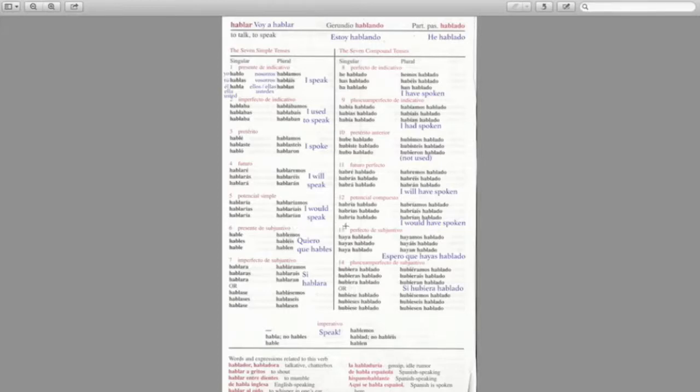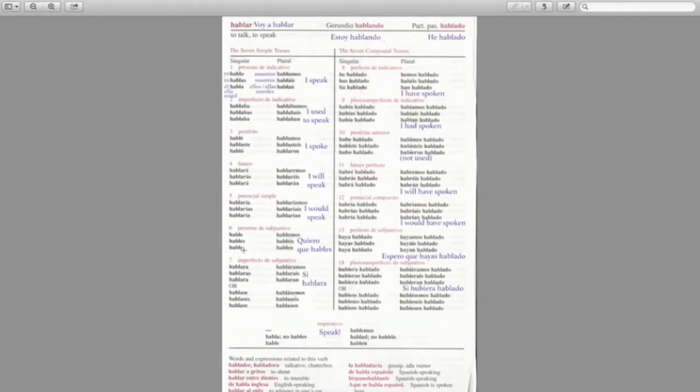It's the same thing in section 13, just on the perfective side. So over here I've put I hope, espero, that you have spoken. So I hope that you've studied your verbs. I hope that you've spoken. Espero que hayas hablado. And hayas hablado, hayas is in the perfective form because it's saying I hope that you have done it. I'm not saying you have, I'm just saying I hope that you have.